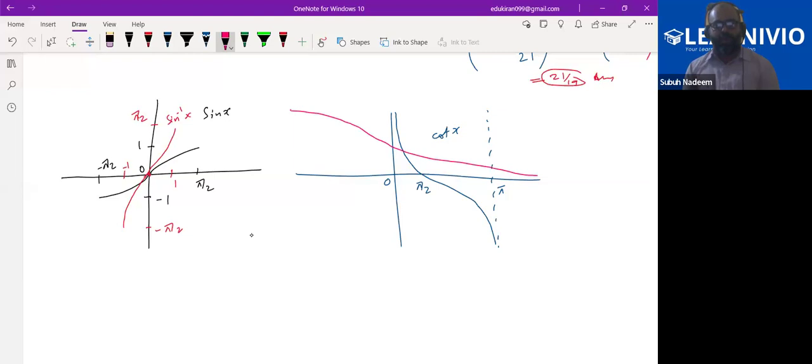So this is the cot inverse x graph. This is pi here. This is pi by 2. So based on these graphs, if we try to solve a question,